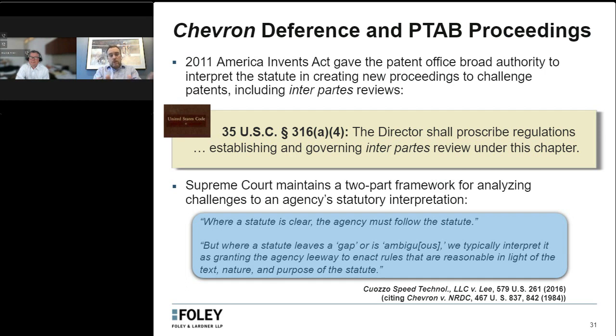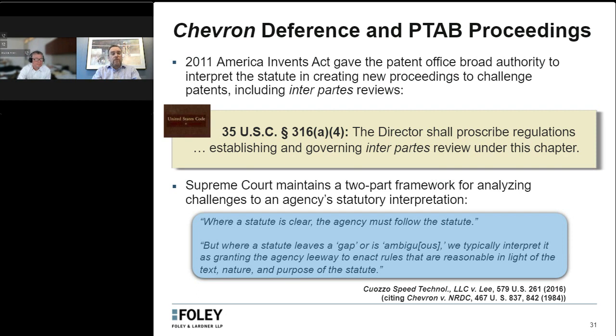And just to clarify, and to help folks understand this a little bit better, who aren't necessarily experts in administrative law, the general framework is that the courts are going to look to the statute first to see if it's clear. And if there's clear direction in the statute, then you don't have to worry about deference. You interpret the statute and you apply it. And that's something that happened, for example, in the Facebook v. Windy City decision that changed the rules a bit with regard to joinder. Folks may remember that decision from 2020,